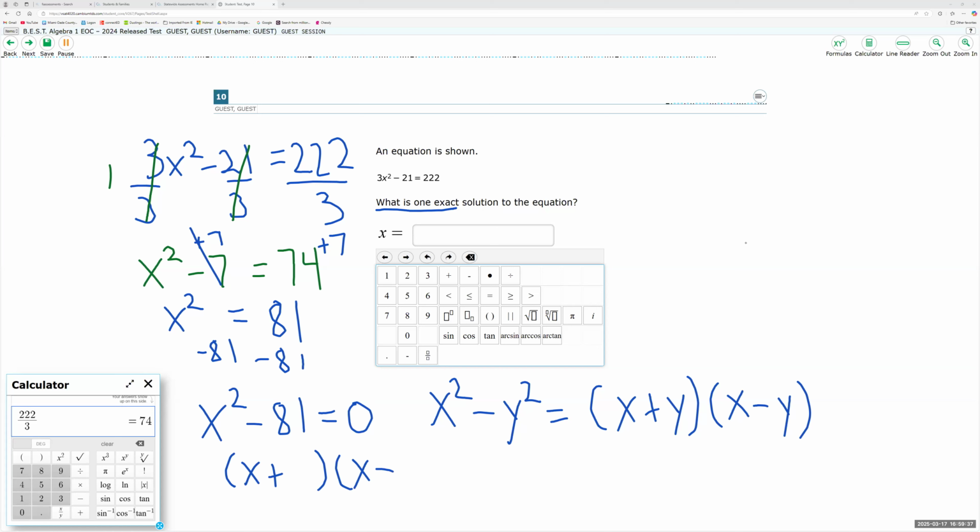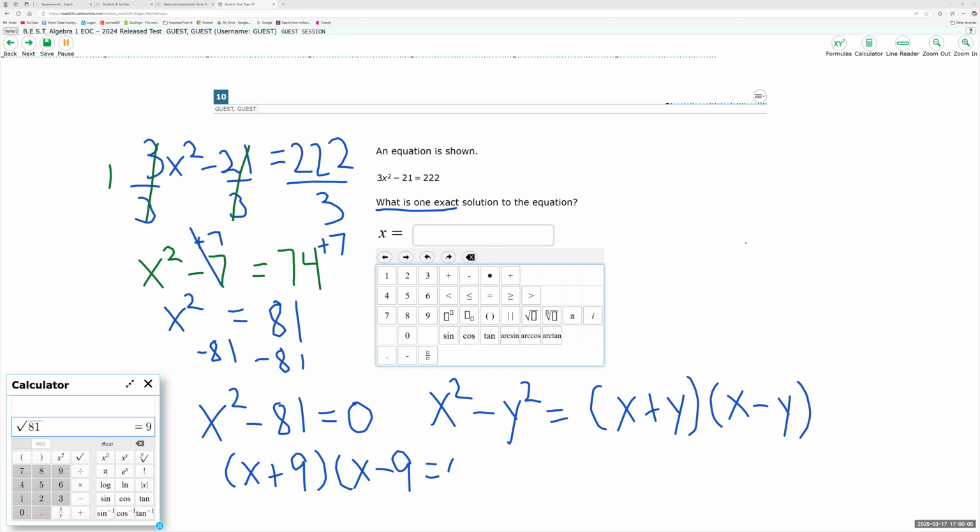And the square root of 81 is 9. If not, we can clear this in the calculator and do 81 square root. Let me see if it works this way. No, I needed to press that before. 81. It tells me that is 9. So I know to put a 9 here and a negative 9